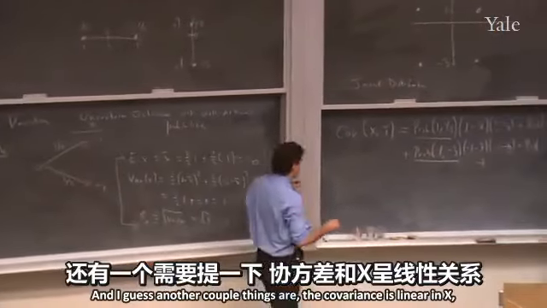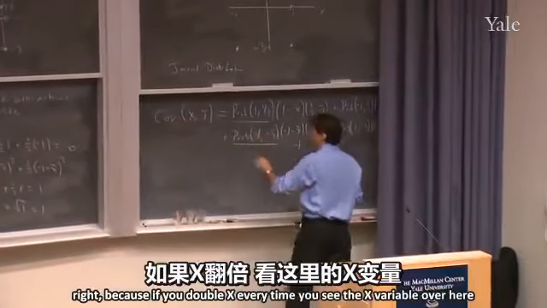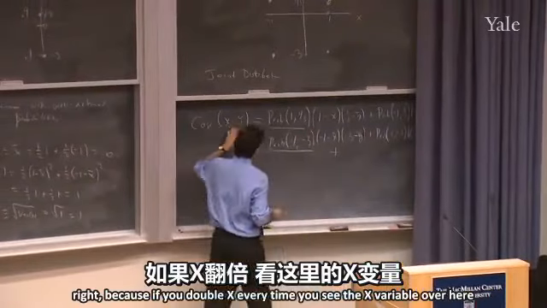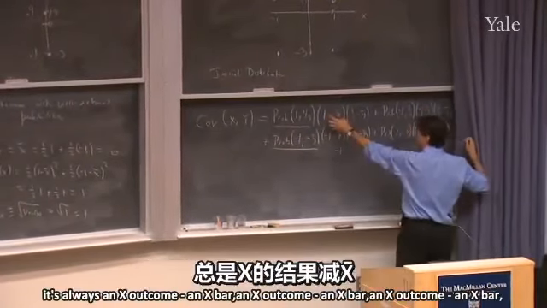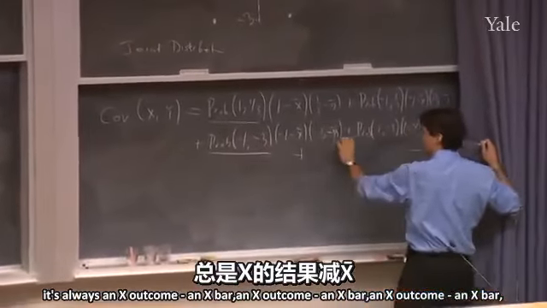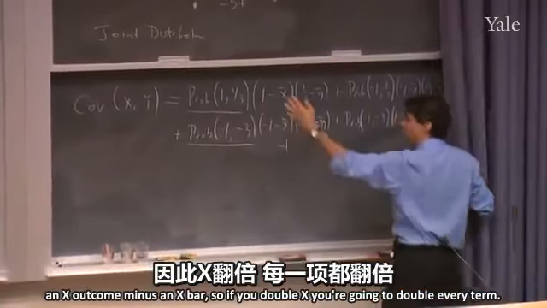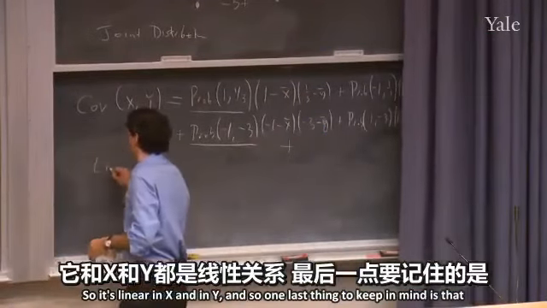And I guess another couple things are the covariance is linear in x, right? Because if you double x, every time you see the x variable, over here it's always an x outcome minus an x bar, an x outcome minus an x bar, an x outcome minus an x bar. So if you double x, you're going to double every term. So it's linear in x